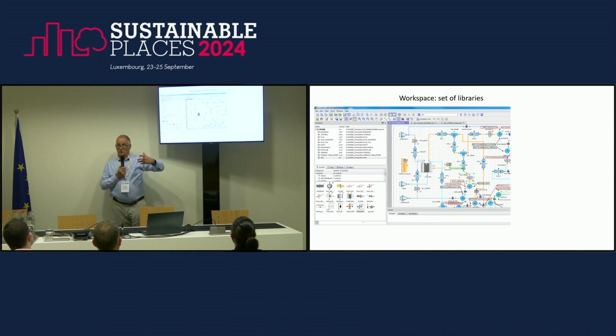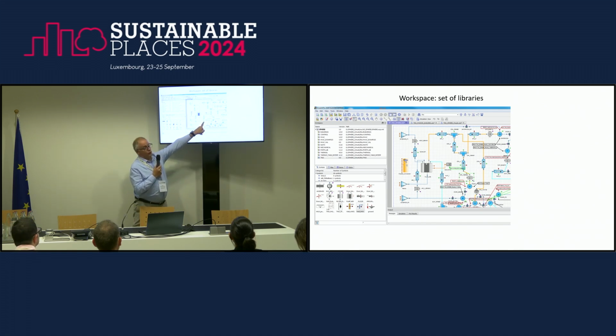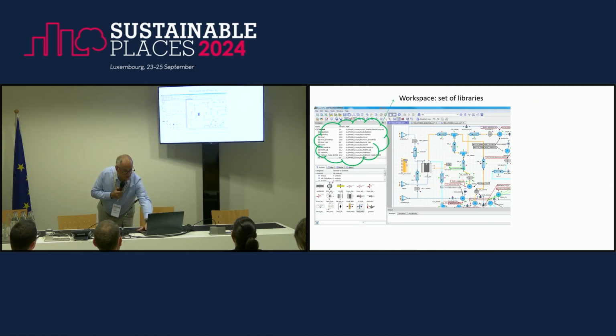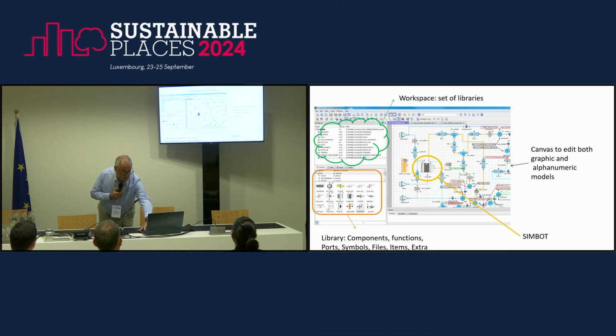If fabricators could supply these functional models, it could be very fast to have a simulation of the house. I call your attention because here we have fluids with temperature, of course, humidity, CO2, everything. So this is a very sophisticated simulation model. And this is the typical interface of programs used for simulation, where you have the mathematical libraries, all the components you're going to use, and the canvas where you are modeling your house. And of course, that is a Symbot.